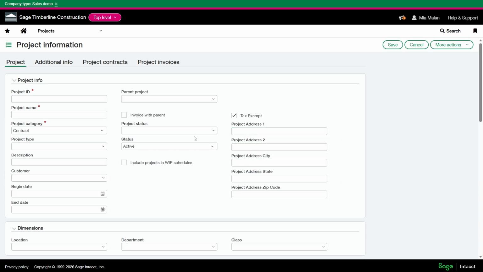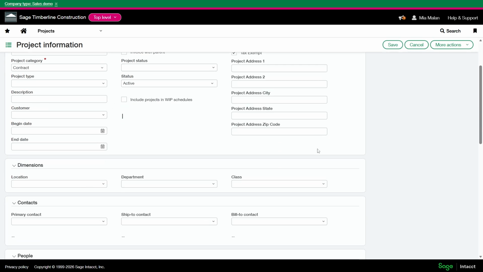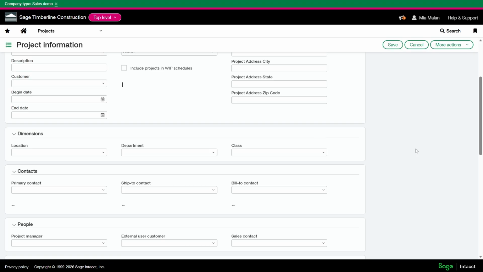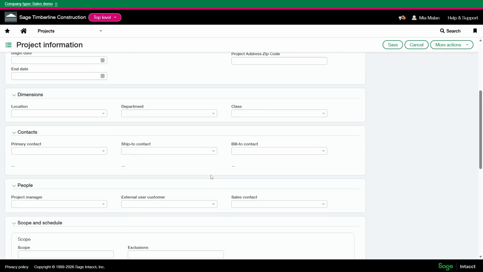From here, I can create a smart event to write into POs, so that address will transfer into that section of Intacct. I can write a smart event into order entry, so I can have that project address on my pay apps or my invoices. There's some things you can do here to make it easier on you. And then what's nice about this is you can also capture this in reports. You can make decisions off this, and then project managers will also have access to this as well.